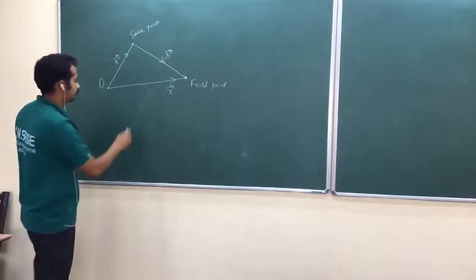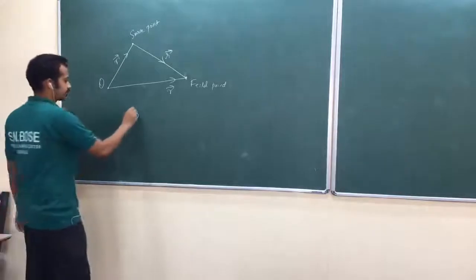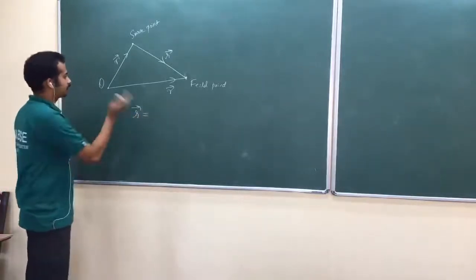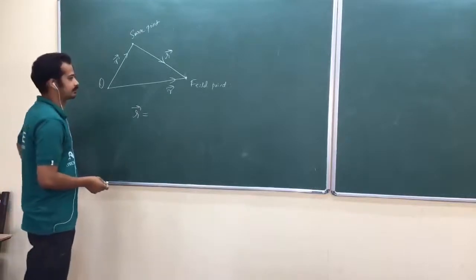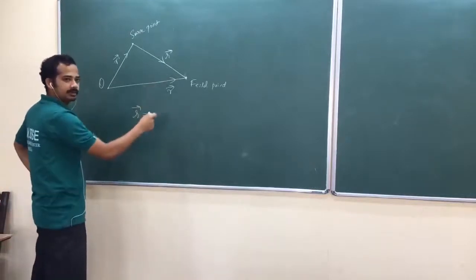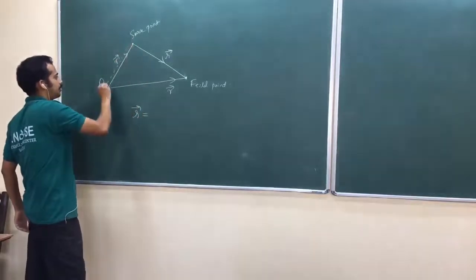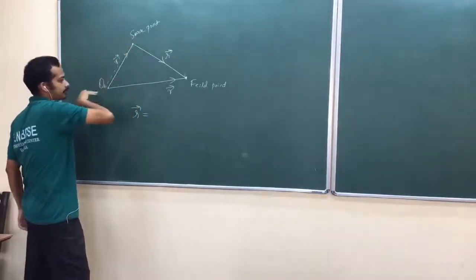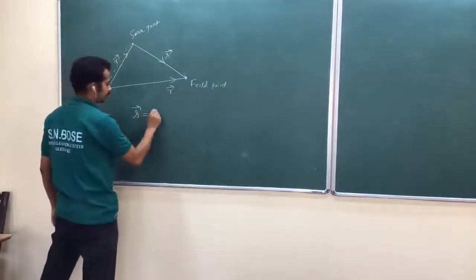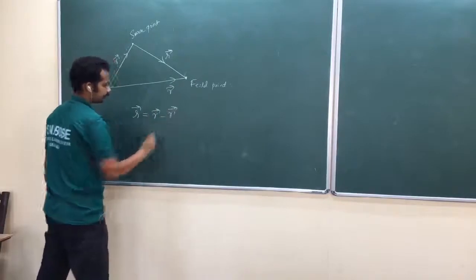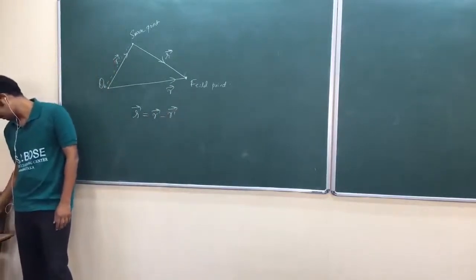Now, according to your vector addition or subtraction, how do you write italic R? R minus R prime or R prime minus R? R minus R prime, R vector minus R prime vector. This is R prime, then this is minus R prime, am I right? Minus R prime plus R, resultant, isn't it? So R vector minus R prime vector.